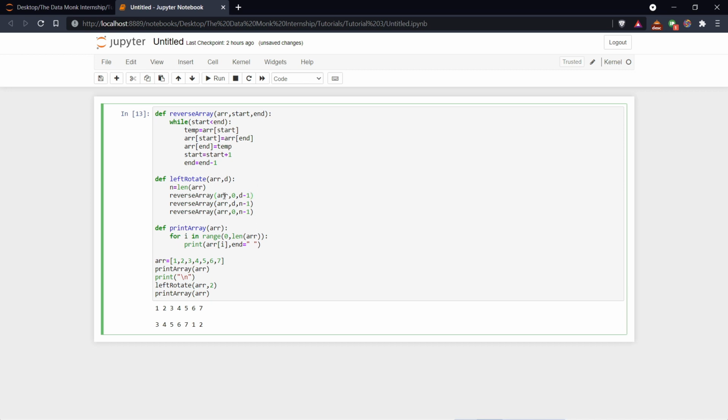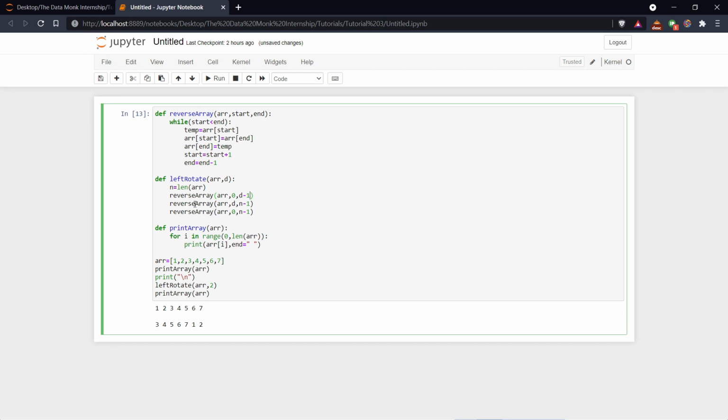So this will be passed to the reverse array function. Reverse array function takes in the array and the start position and the end position. It will loop on the array from the start to the end position and reverse that part of the array.